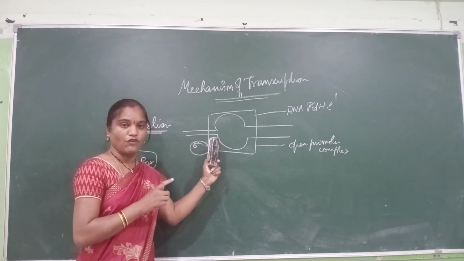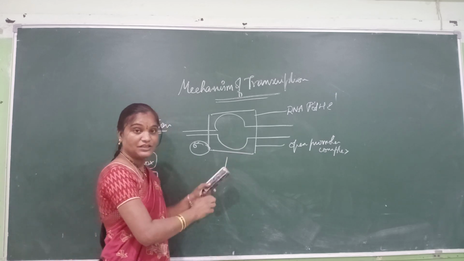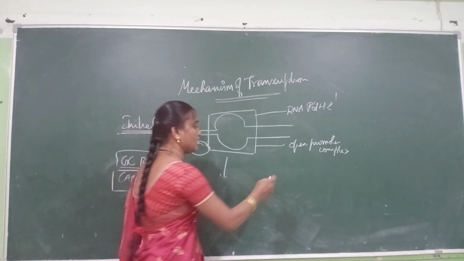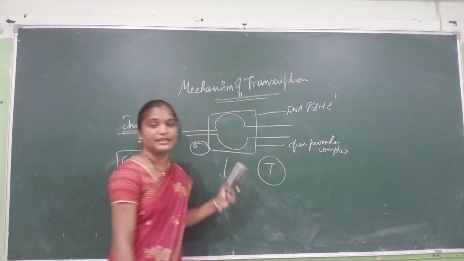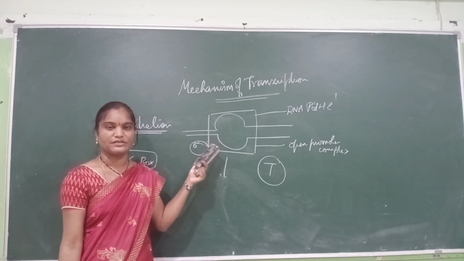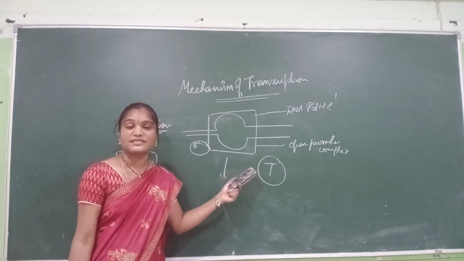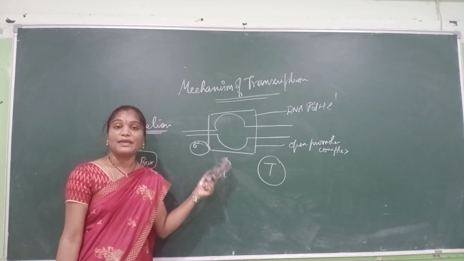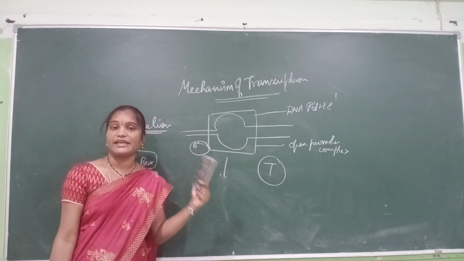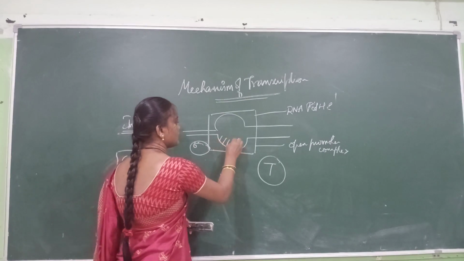Now, after the formation of your open promoter complex, here is what happens in your initiation. The first nucleotide is thymine on your DNA. Thymine is present on your DNA molecule, the DNA template. So this is a DNA template from where your RNA molecule is going to be synthesized. The thymine present on your DNA template will be transcribed into adenine, the foremost nucleotide for the synthesis of your RNA molecule.